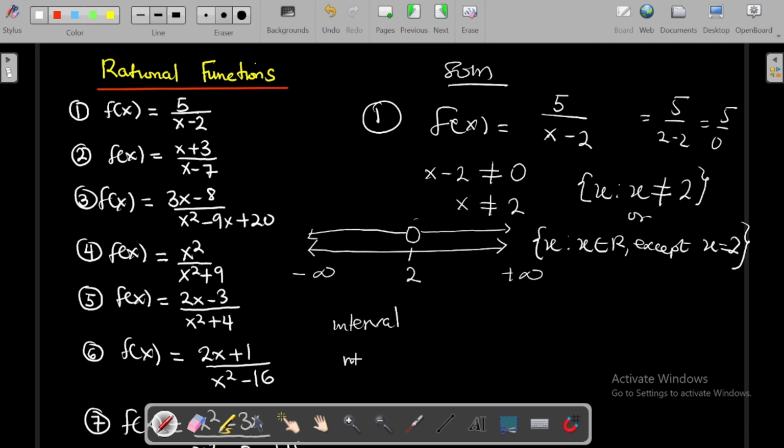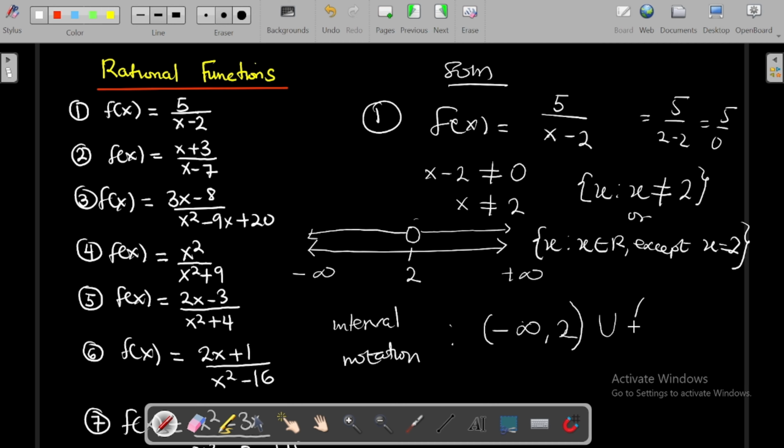They can also tell you to find the domain of a function and write your answer in interval notation. For the interval notation, you have all values ranging from negative infinity to the number before 2, and then from the number after 2 to infinity. You write it using parentheses from negative infinity to 2. If 2 was included as part of my data set, I would have written a square bracket, which means that the 2 is included in my interval. But since 2 is not included, because we are saying that we should have any real number but not 2, I'm going to use parentheses. Union